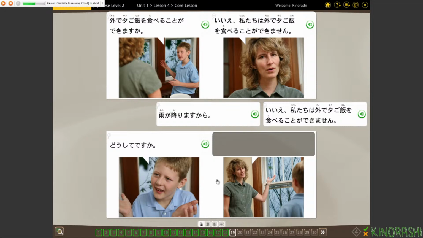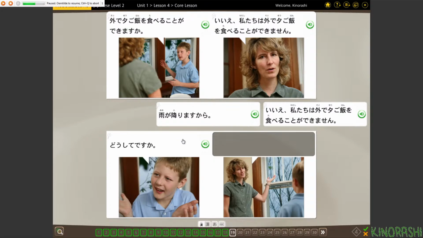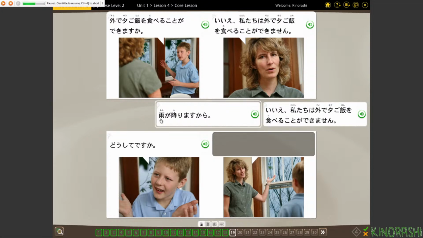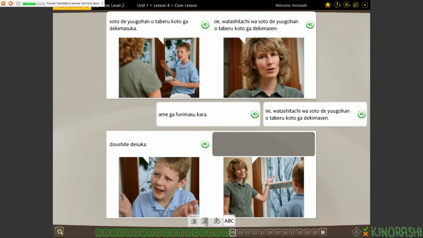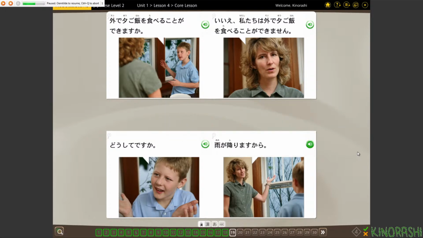That's the question you always have to ask all the time as kids. Why? どうしてですか? Ame ga furimasu kara. Ame furimasu. 雨が降りますから。